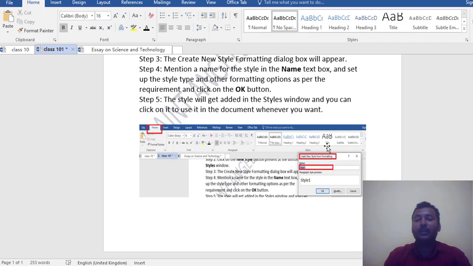Then we click create new style. And when we click on it, that dialog box will appear. And here in the name section we provide the name of the style. Okay, let's do it practically.